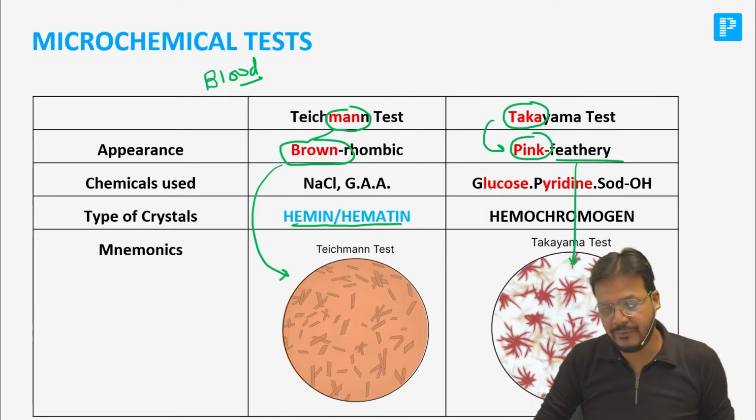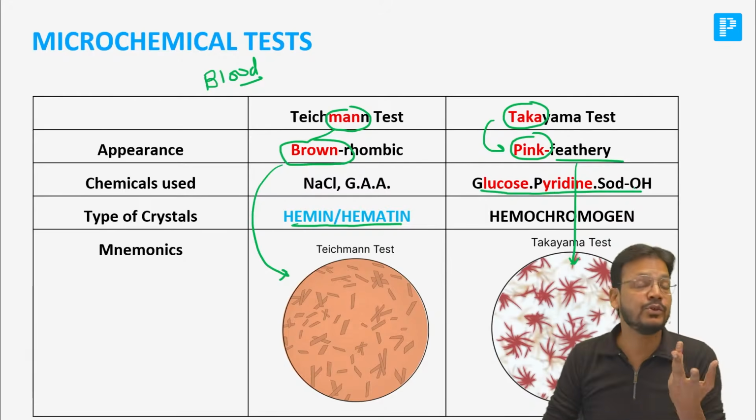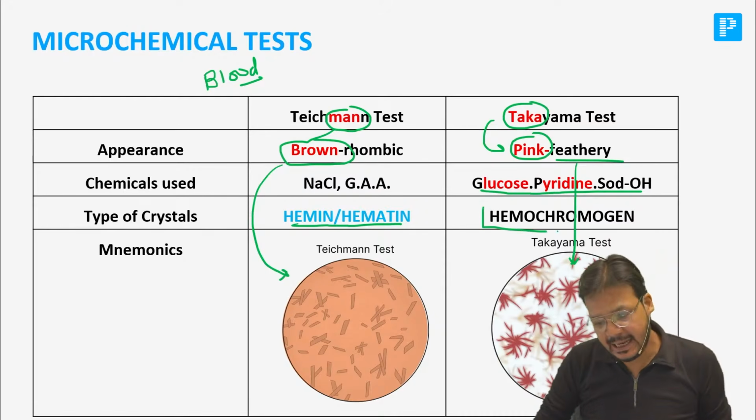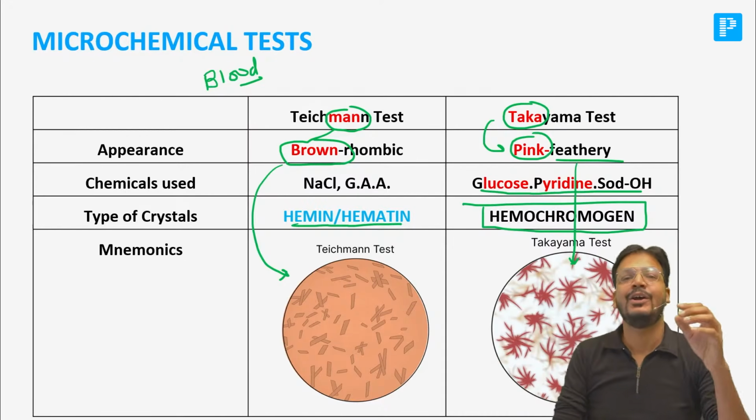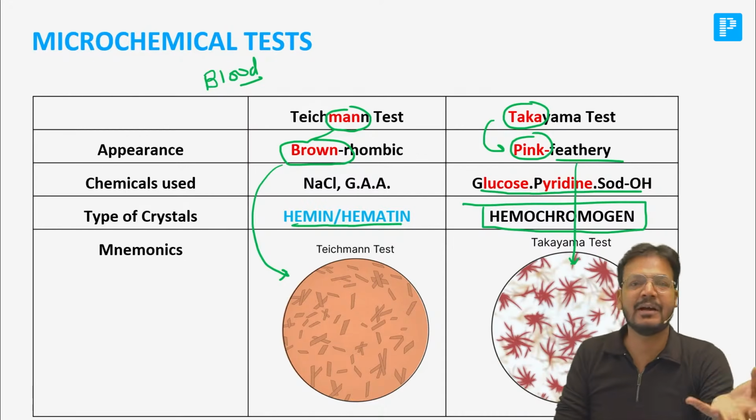Okay. Here we use glucose, pyridine and sodium hydroxide. It is a hemochromogen crystal. It is a hemochromogen crystal, है ना। तो अगर आपको गुलाबी चीज मिल जाए तो लाइफ बिकम टकाटक, और Teichmann has that Teichmann, man का कलर ब्राउन होता है, man का कलर क्या होता है, ब्राउन. That's a very